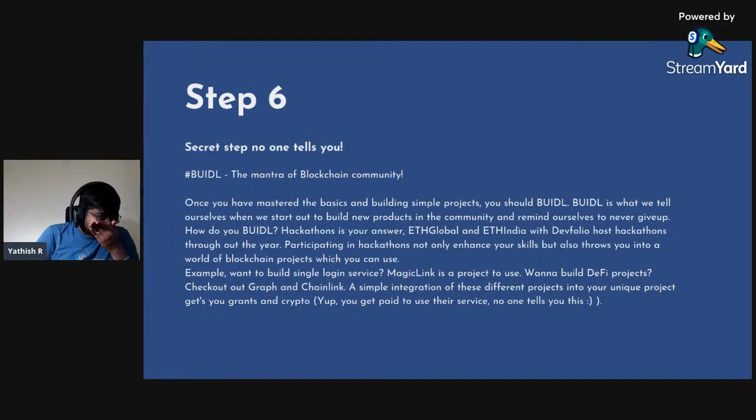Now, the secret that no one tells you, which is step six, which I prefer to tell everybody, is "BUIDL." BUIDL is a mantra that we in the blockchain community use. It means to innovate on the technology that we have by building something which is actually better and far superior than what was previously there, right? So I would suggest you guys to